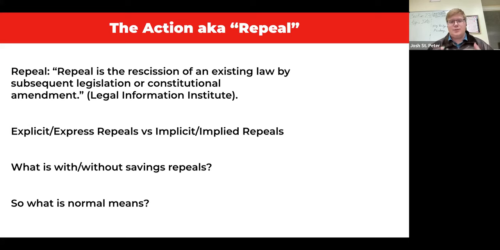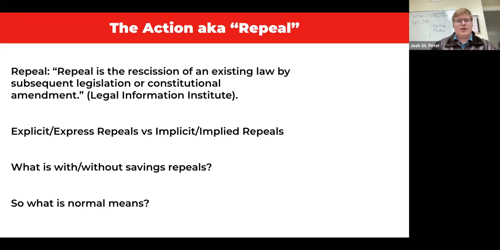Meanwhile, implicit/implied repeals would be where it is not actually being told it's going away, but there's a new law that overrides the previous one. So for example, if there was a new law that was created that didn't say it was getting rid of Section 230, but was just a new law that overrode the previous law because it is a newer one, and thus would basically postdate the law.